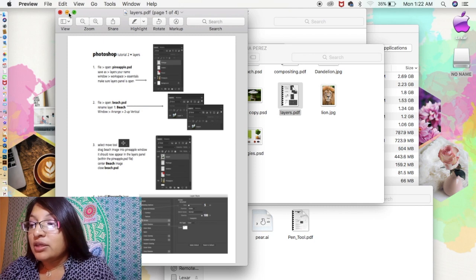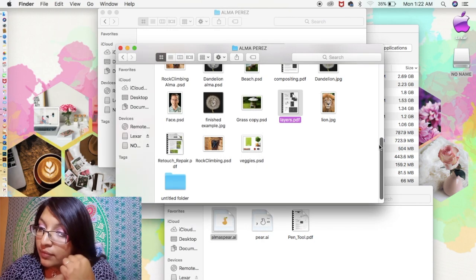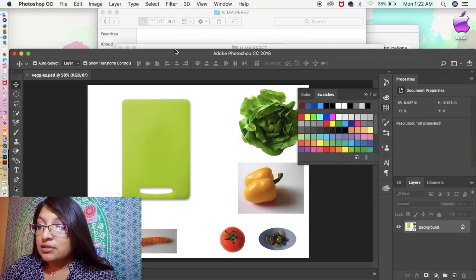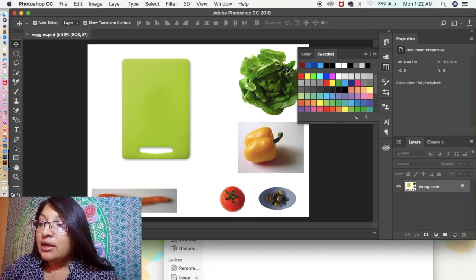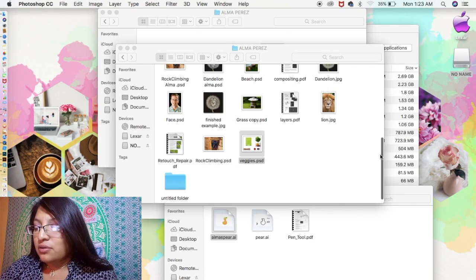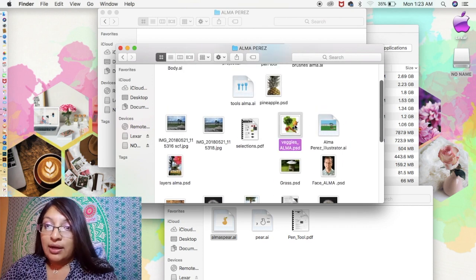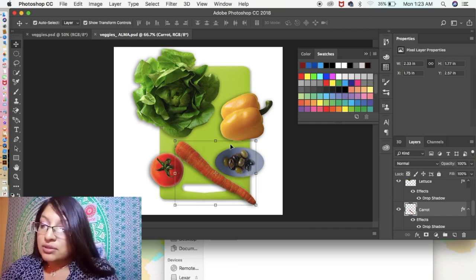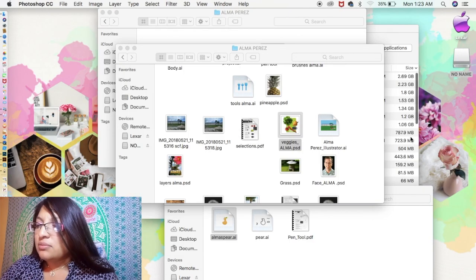So the first thing that we did was basically we had to cut the vegetables out and put them on right here. And so what I did, I cut it out. I'm going to show you my final result that came out. So this is how my final result came out. So I cut out the vegetables and put them on the cutting board, and so that was simple how to do that one. The next thing I believe we did was